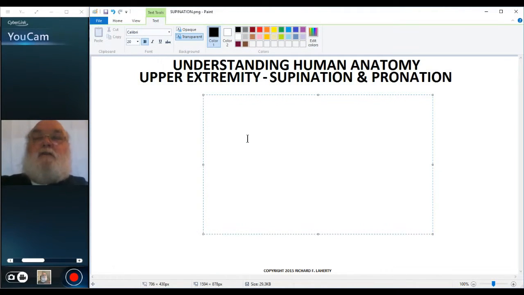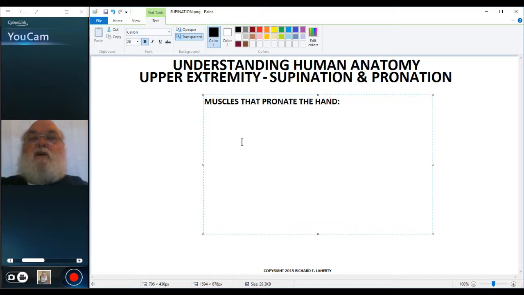Pronation and supination is an action that is unique to the forearm and hand region. There are two muscles that are involved with each of these actions. So if we look at the muscles that pronate the hand,